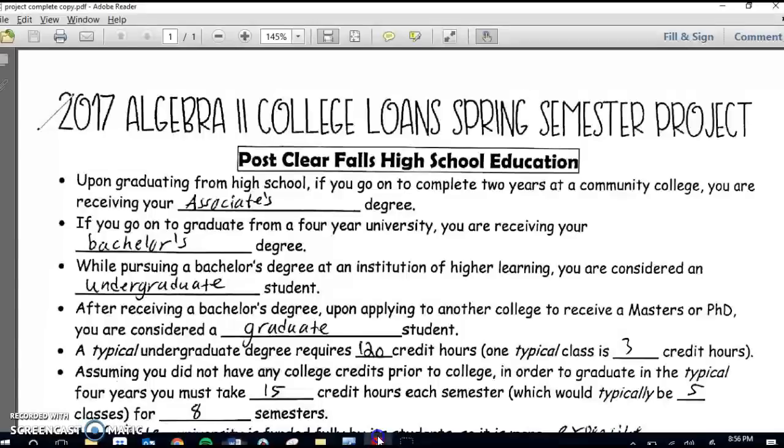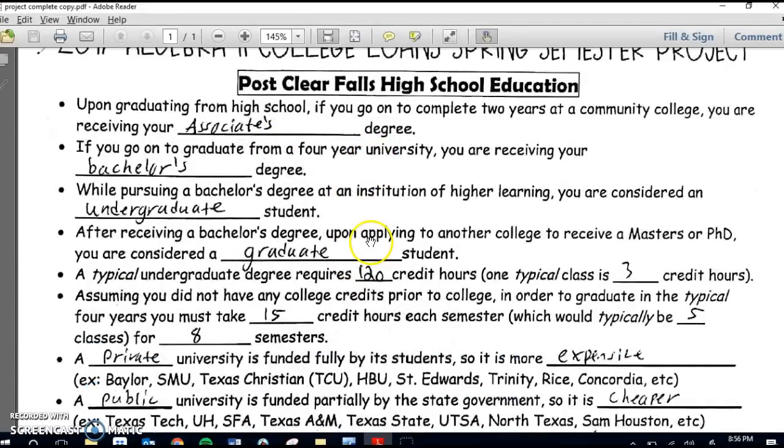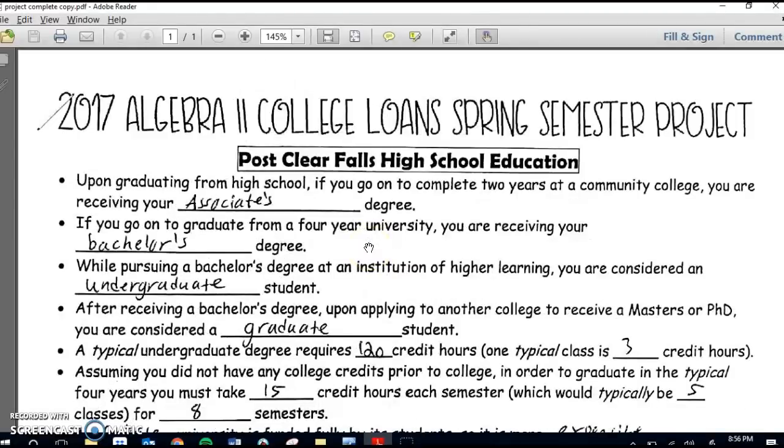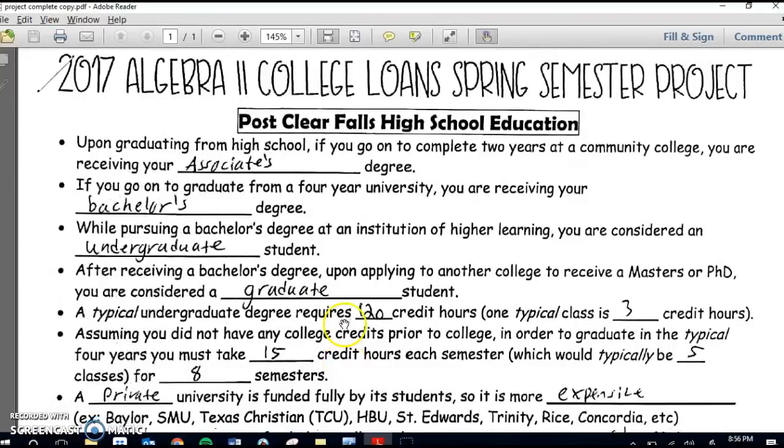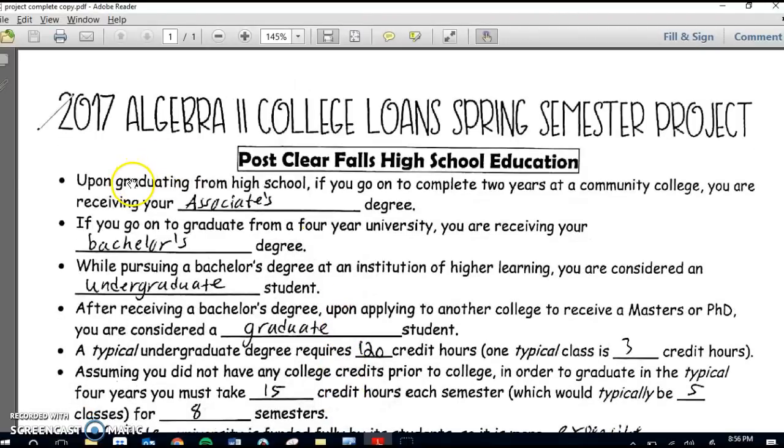So what I'm going to do is walk through the completed version of the first page, and it's also on It's Learning if you need it. But let's go through some basics. Some information you need to know about college loans and college and the way it works before we actually get into the project is the first thing